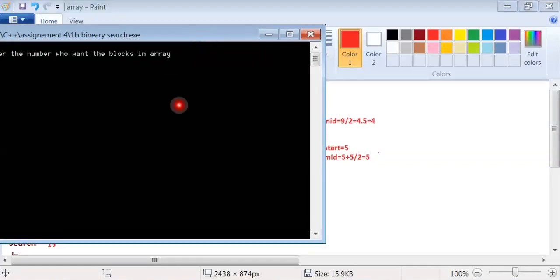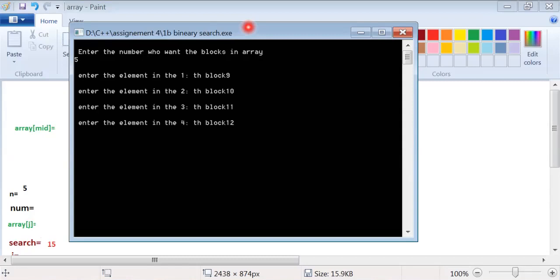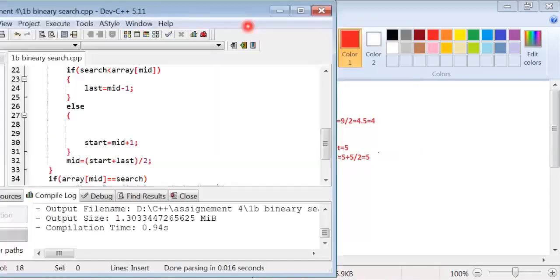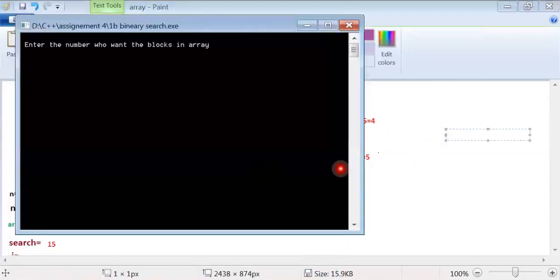We enter the 5 values: 9, 10, 11, 12, 13, 14, and 15. Let's check again. We enter the value 5.